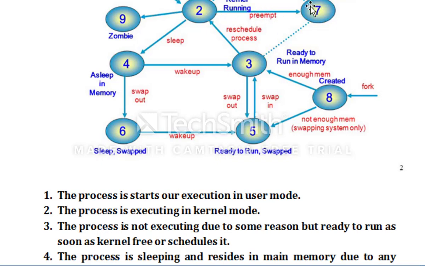So the lower priority process is preempted from step 2 to 7 and stored at step 7. Then it will again resume by the user area. That is why the arrow looks like that, from step 7 to step 1. Preempted means we are swapping, we are taking this process away from the kernel area to somewhere else. This is called preempted.